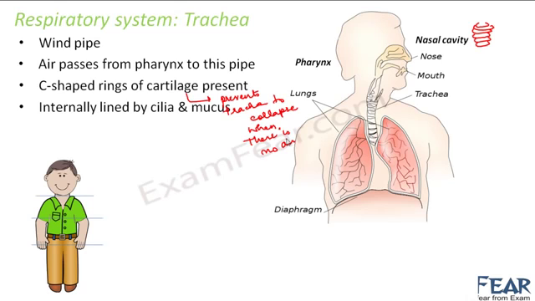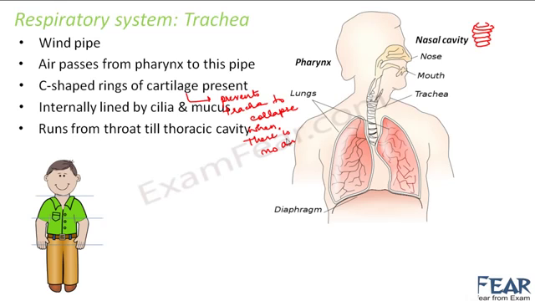It is internally lined by cilia and mucus. So you see, most of the organs of the respiratory system are lined with cilia and mucus. And needless to say, what is the purpose of cilia and mucus? As I mentioned before also, they try to block the dust particles, microorganisms, germs or any other undesired particle. Everywhere they are present so that the air coming inside our body can be filtered as much as possible. Even inside the nasal cavity we had them, and in the nostrils also we had fine hairs. So some filtration is happening at all places.